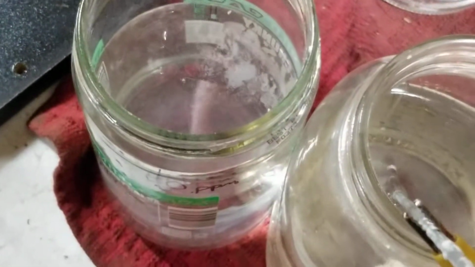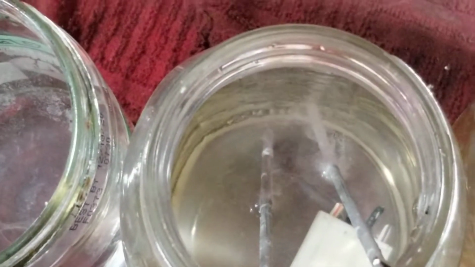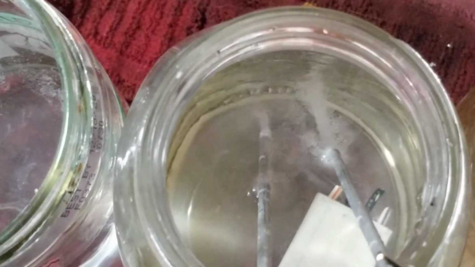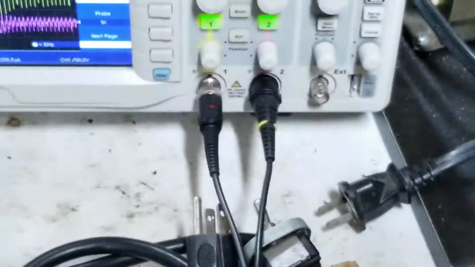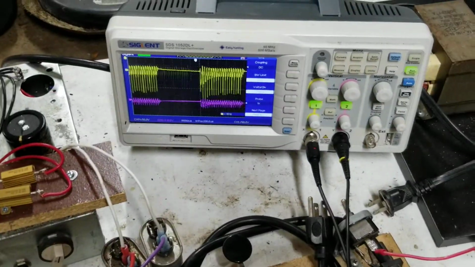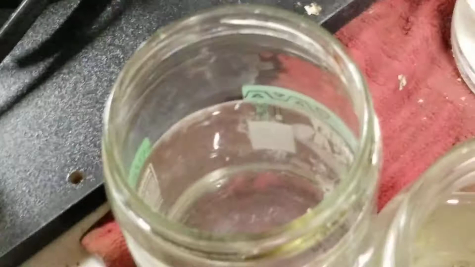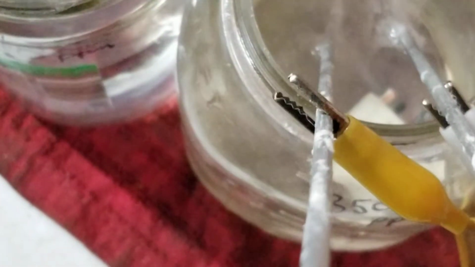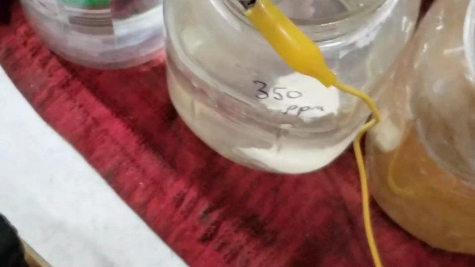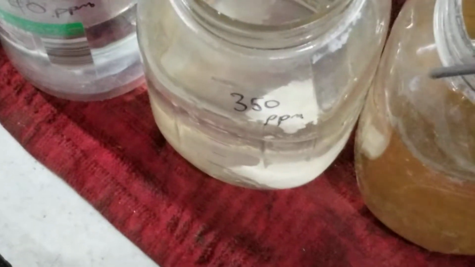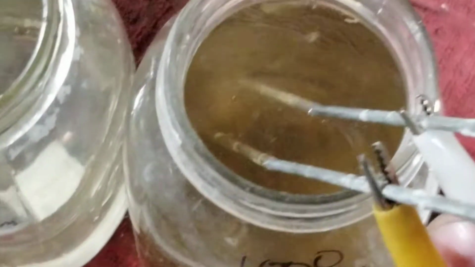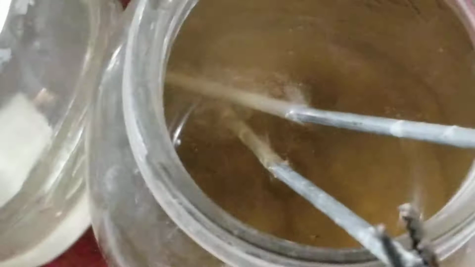Now I'm going to put it in the 350 here, and we see that, whoops. You see that the waveform changed, but we still get something happening. So I could tune it around a little bit and kind of shape it back up in the 350 here. But now let's go to the 1000, and we see, oops,